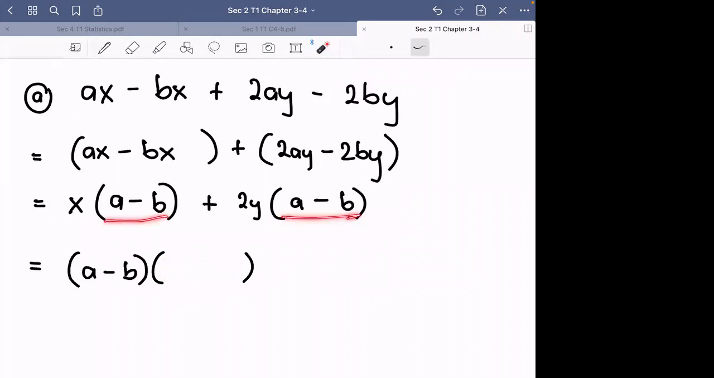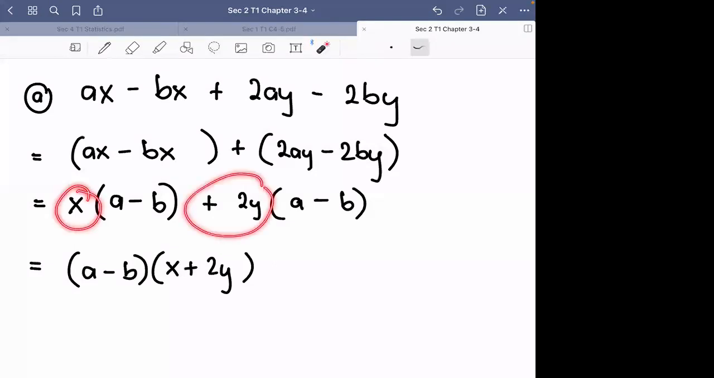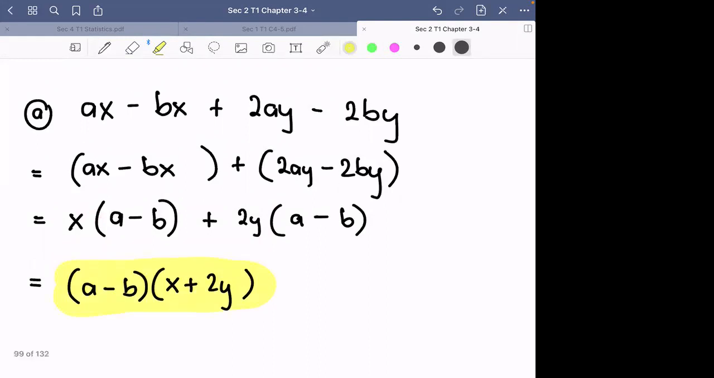So if a minus b is common, then x plus 2y. Where did it come from? From here, x plus 2y. All right, so this is your answer. Yes, this is factorization by grouping. So a minus b, and then x